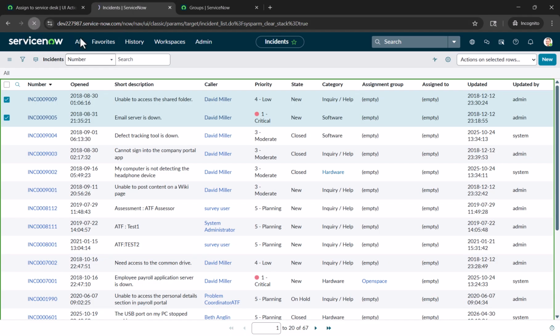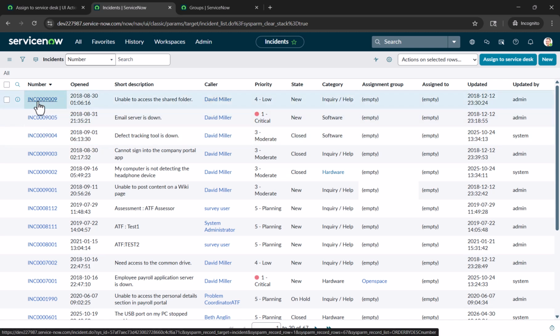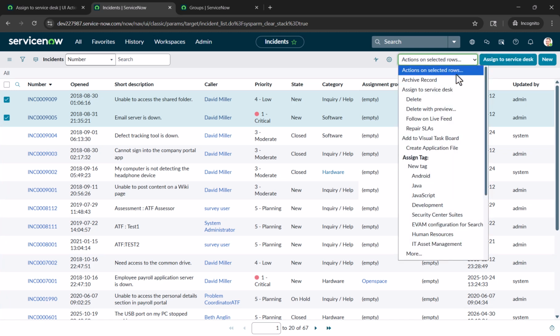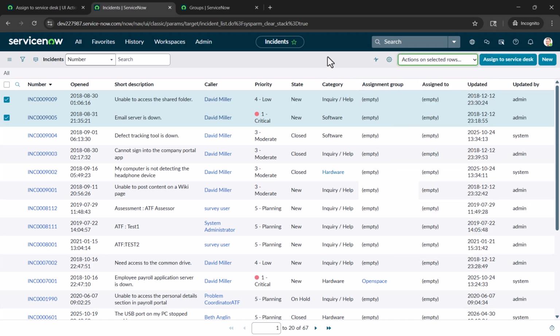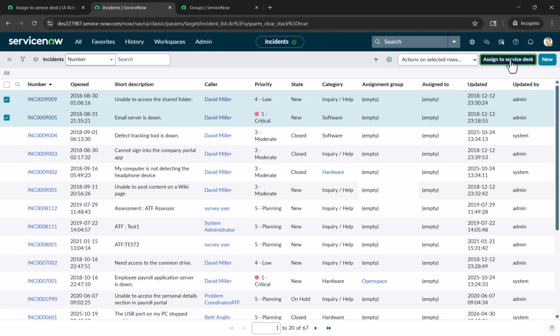Now we have to refresh this incident list, okay, and currently, if you see, for all of these records the assignment group is empty. So let me select these two incidents, and you see that the Assign to Service Desk button also becomes visible here, and even in the list choice it becomes visible, because we have selected list banner button and list choice. That's why it's coming in these two places. Okay, and you just click on Assign to Service Desk after selecting,